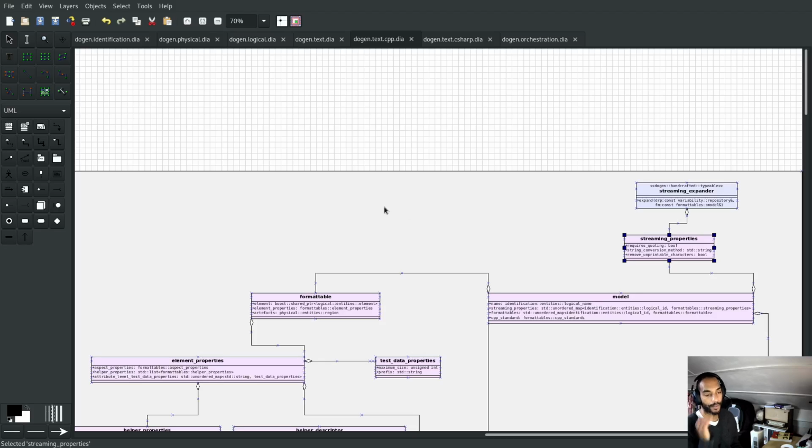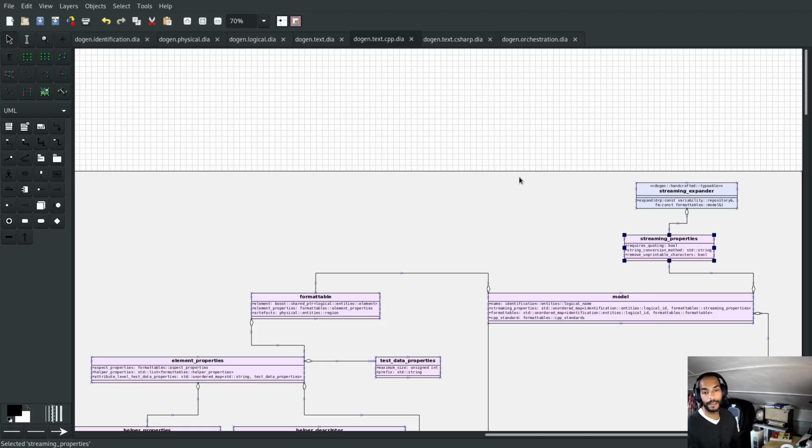Now, we're not going to really do the complete modeling exercise that should be done with this. Really what we should be doing is trying to figure out the rightful place for all these things, and try to understand if it's a technical space related thing where it should fit and so on. But in reality we're just going to do the quick exercise, and then once everything is in the right place in the model, then we worry about it. So for example, we can see the streaming properties are mapped by logical ID,